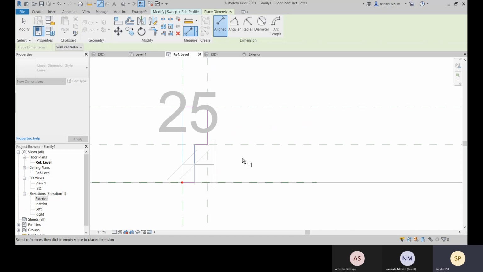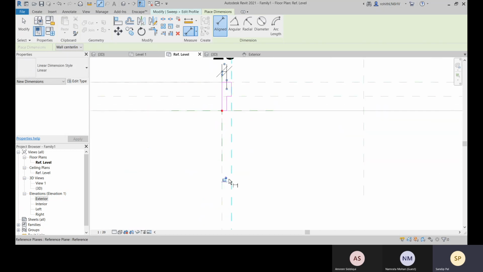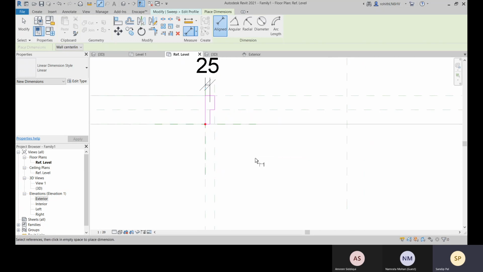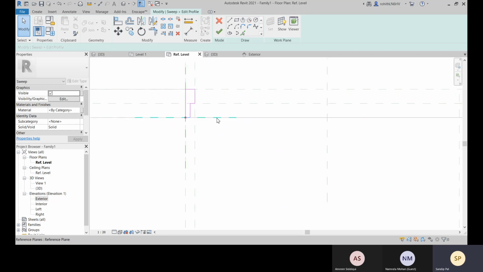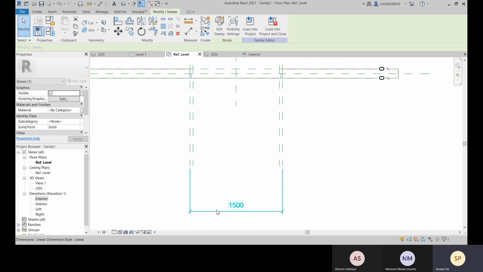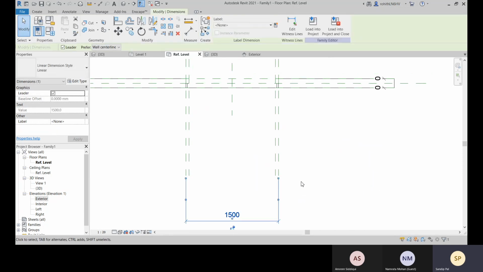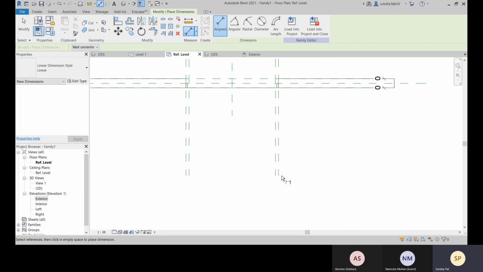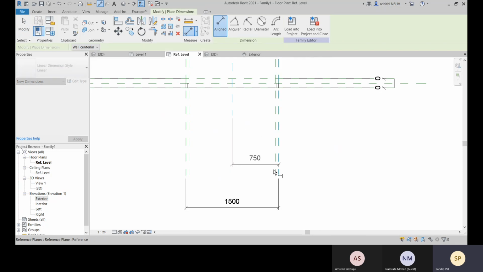Let me check. Let's not change this, so we will not affect anything. So let's not apply this. Now let's apply the rough width over there, and after that we should make it equal.